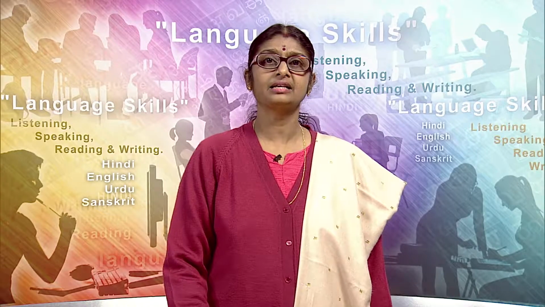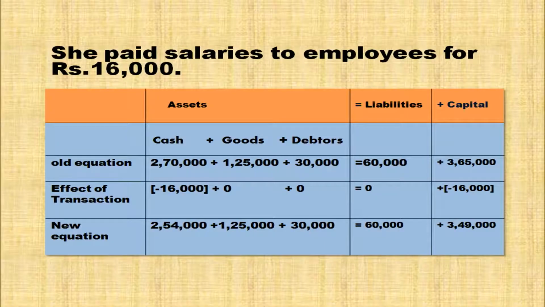Then paid salaries to employees for rupees 16,000. When salaries are paid, cash is going from the business, from the capital it is going. So in the cash column you have to deduct 16,000. In the capital also you have to deduct 16,000. So in the cash column, 2,70,000 old equation balance minus 16,000 new equation balance